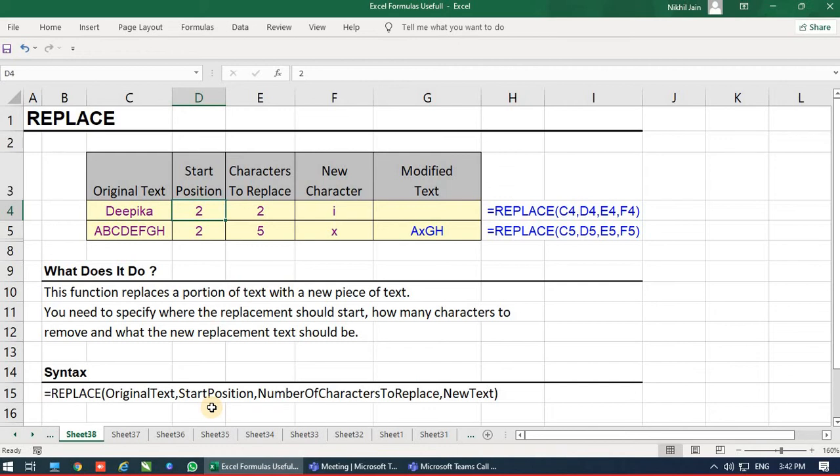Which letter do you want to change? Second letter. How many characters do you want to change? 2 characters. With which character do you want to change? I. So now the formula will be equals to replace, bracket open, old text this, start number this, number of characters we want to change, 2 characters we want to change, new text single character, enter.